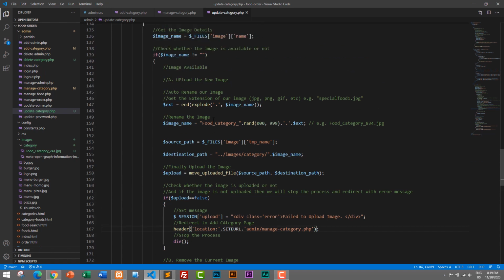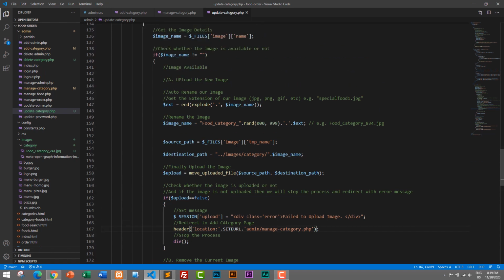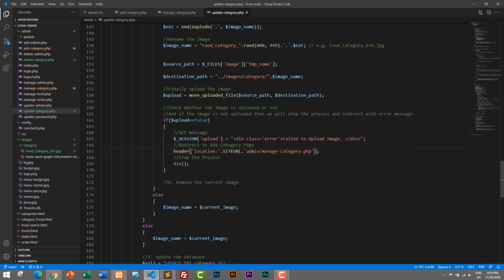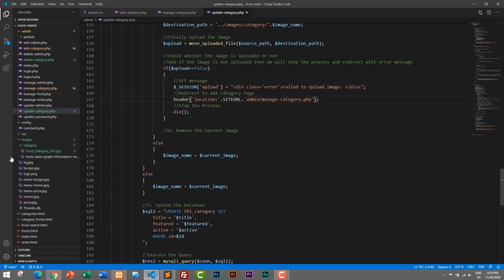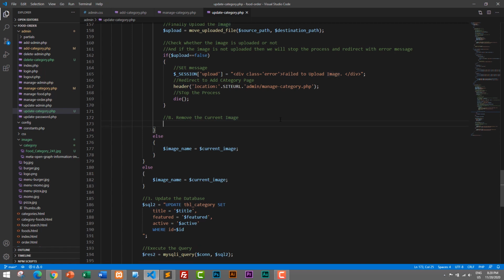Okay, and after the image is uploaded, we also need to remove our current image. Okay, because our new image is already uploaded, we do not need our previous image, or we don't need our current image. So I will go here and let's remove our current image. So I'll create $remove equals to